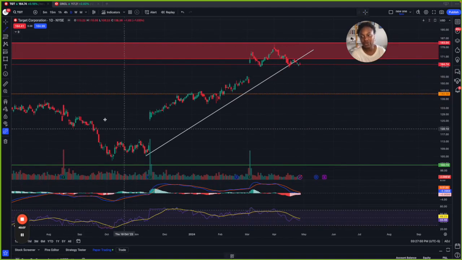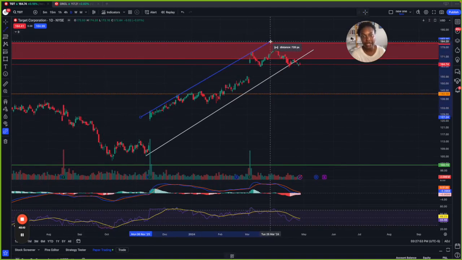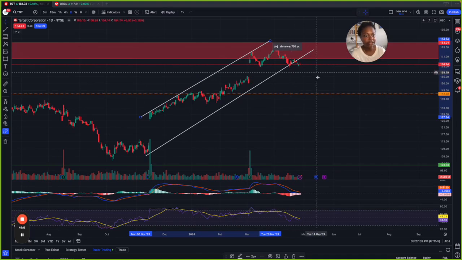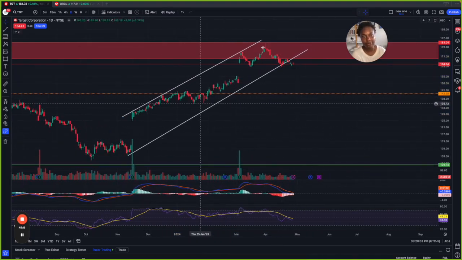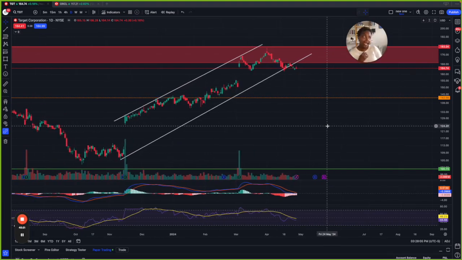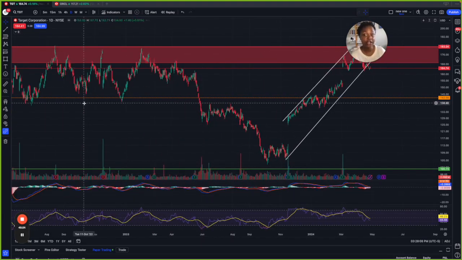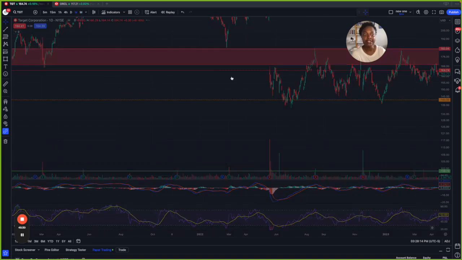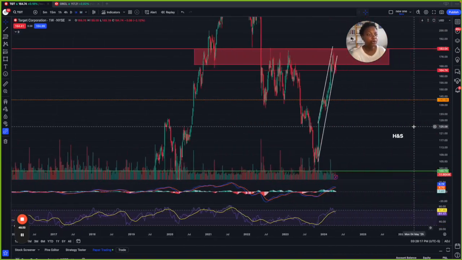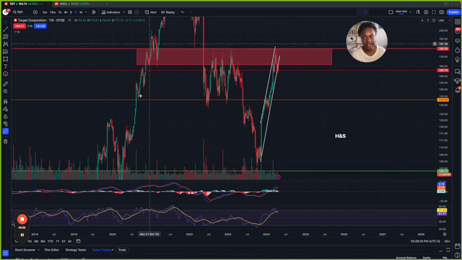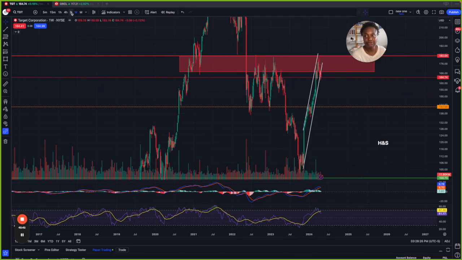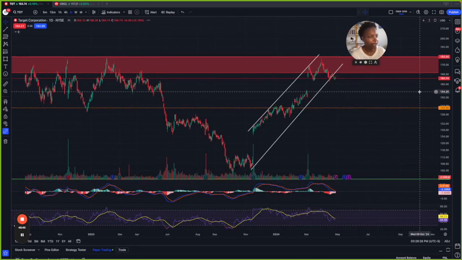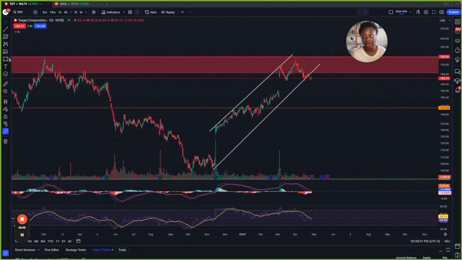And let me make sure that I draw the resistance trend line for you as well, because I've created a dirty little habit of only drawing the trend line where price is at. No, let me draw this. Now, remember what I said, that there are certain chart patterns that we should expect to see at certain zones, whether it's supply or demand. So right here, we can clearly see that this is acting as supply. It's resistance. What type of chart pattern do we expect to see up here? A bearish one, with a head and shoulders being one of those.